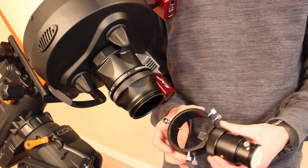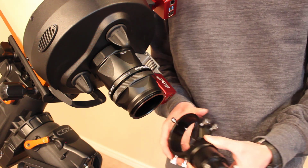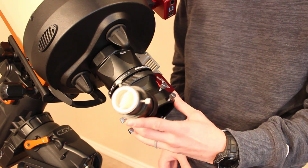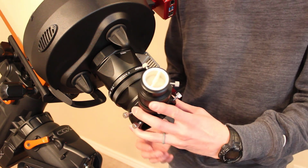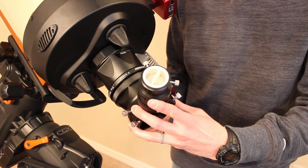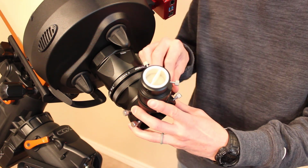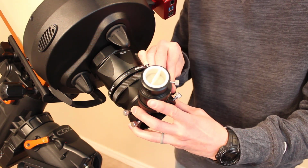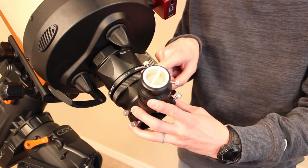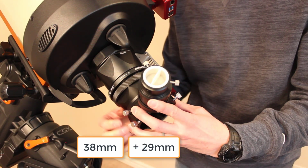camera. So to install this, I'm just going to loosen the thumb screws and then add it to the adapter here. And you can really install this with any orientation you want. That's just another plus for the Celestron Off-Axis Guider. And then you're just going to tighten the thumb screws once you have it where you want it. Now this is going to add another 29 millimeters of back focus to the imaging train. So just like that, with the adapter at 38 millimeters and the off-axis guider at 29, we're already at 67